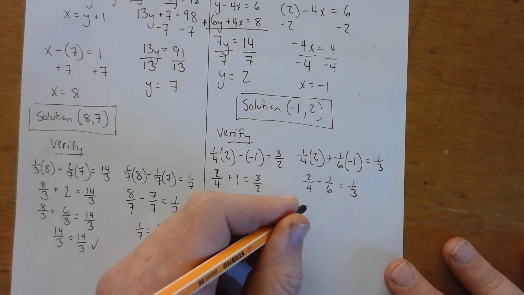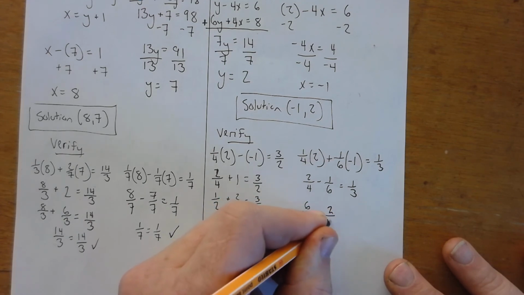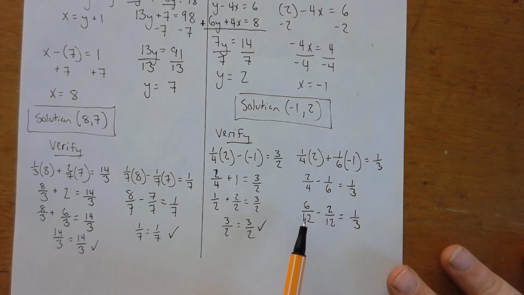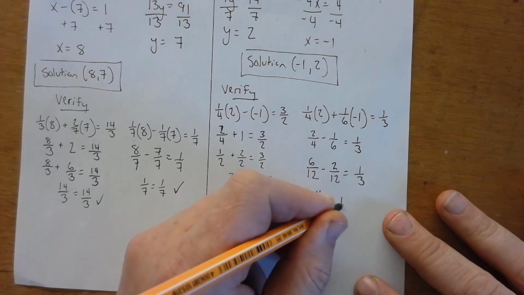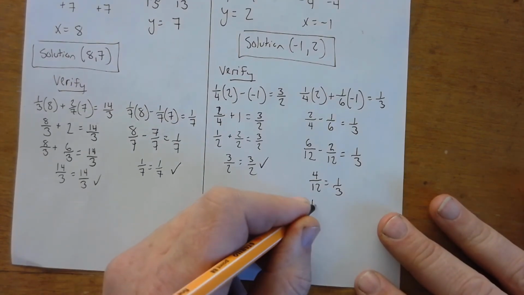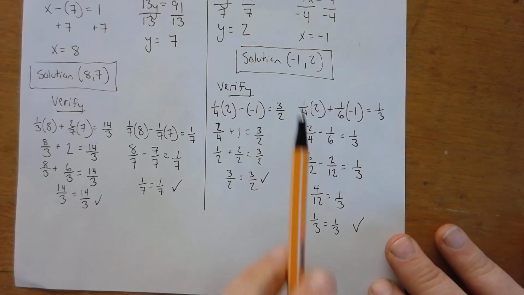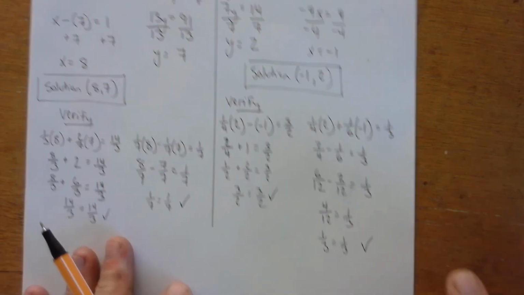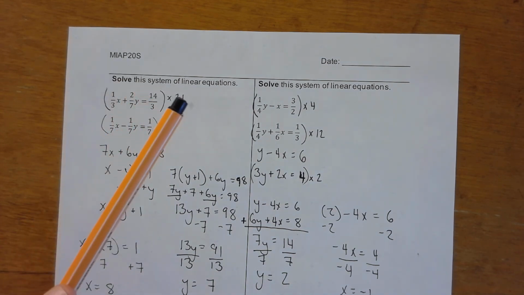This ends up being 6/12 subtract 2/12 equals 1/3. 6 take away 2 is 4/12, and when I reduce 4/12, I get 1/3. And 1/3 does equal 1/3. So my solution of (negative 1, 2) solves this equation. So again, when the equations start with fractions as coefficients, I want to multiply the